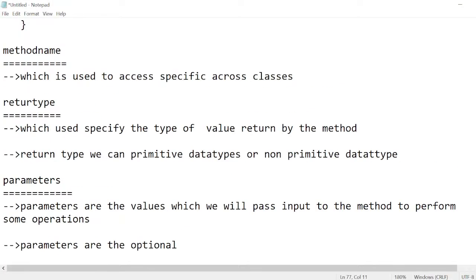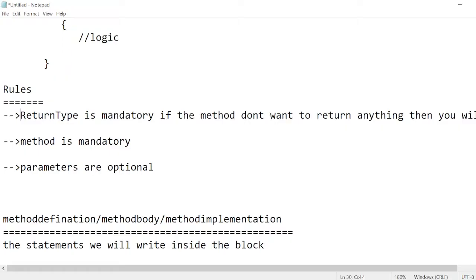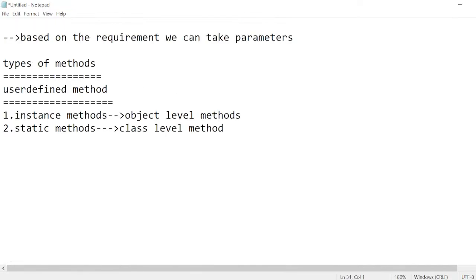Are you guys listening or not? What is the first rule? Return type and method name. The first one is return type. I am taking void as the return type. Next one, method name. For example, I would like to mention doing as the method name, and